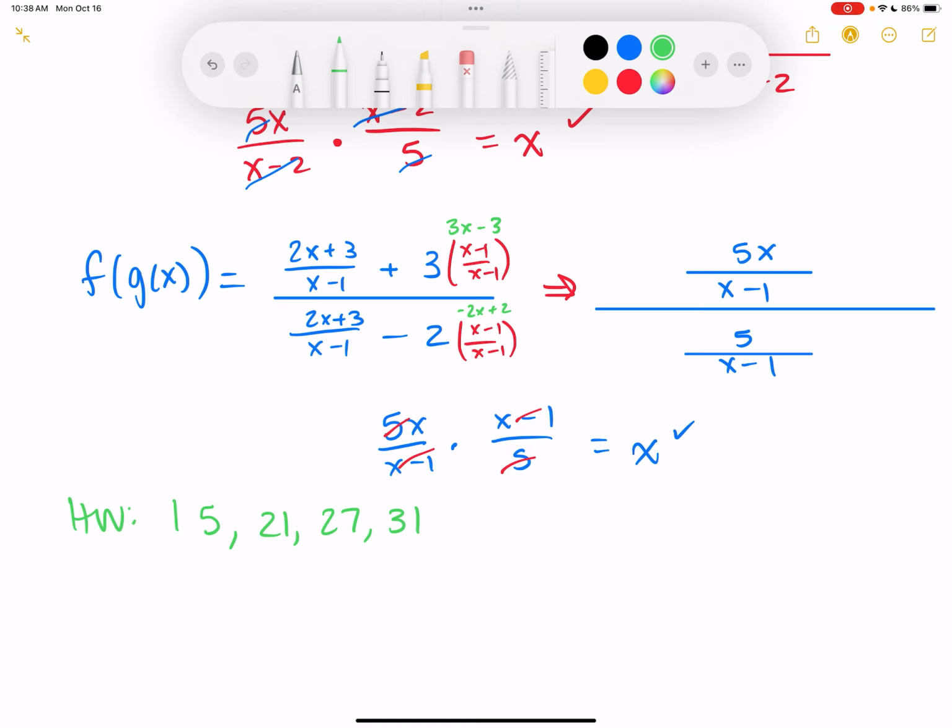So then the problems to add, for what I gave you on Friday, I think we stopped at like 11 or something. Anyways, 15, 21, 27, and 31. There are more odd ones within these sections of the stuff that we just did today that if you need to practice, you can. But I took them off because I feel like you probably don't need to do that many. But 31 is going to be similar to this one, but there's no variable in the numerator, I don't think. There is on one of them, but the other one does not. So they should still end up pretty, but